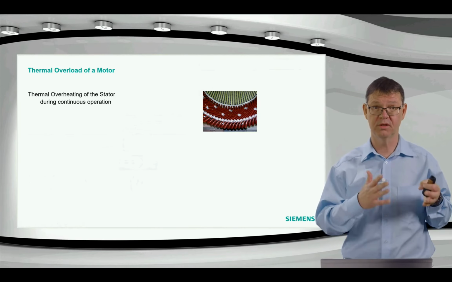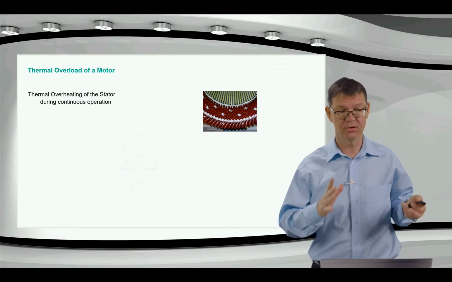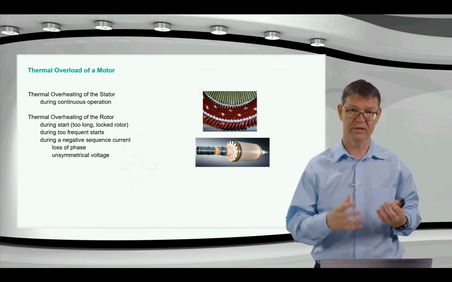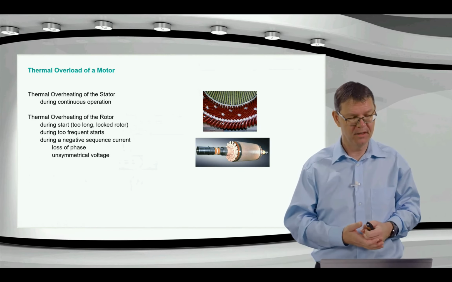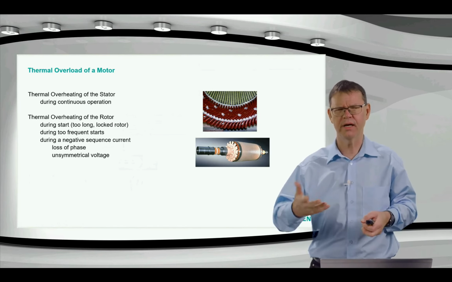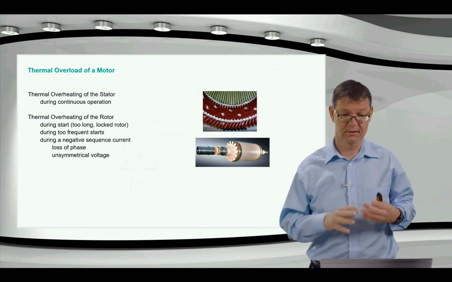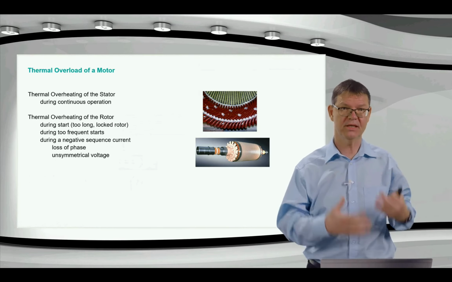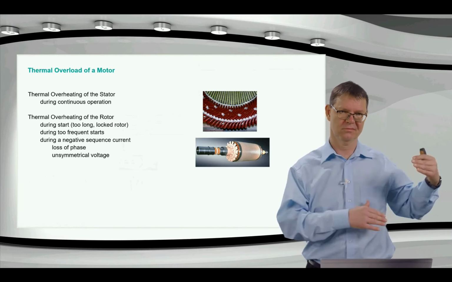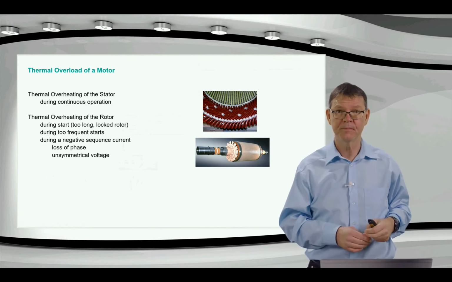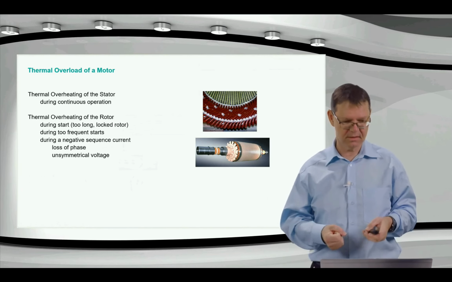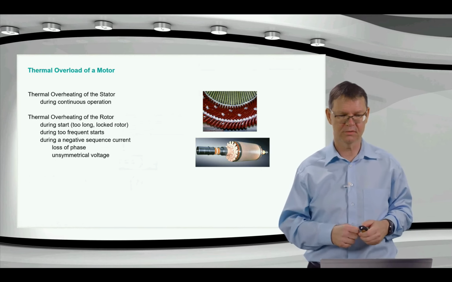First of all, thermal overload in a motor, as I already mentioned, is on the one hand for the stator. The stator is critical during normal operation. So already a small amount of overcurrent leads to a too high temperature. Whereas the rotor, when the motor is running, is not stressed thermally under normal conditions. So here the thermal load is relatively low. But the rotor is stressed when the motor is started up because we get relatively high starting currents, and this is what